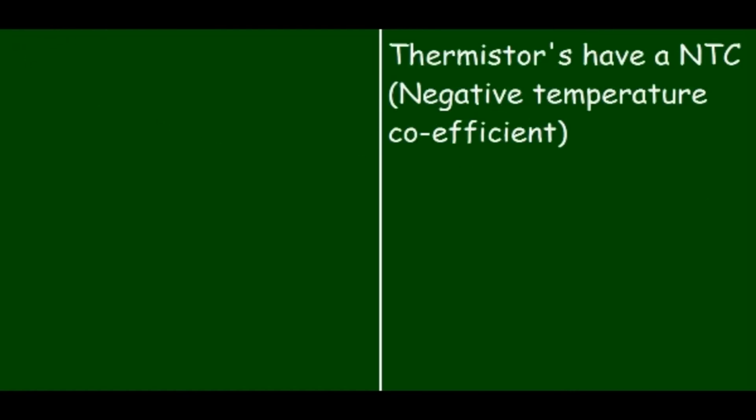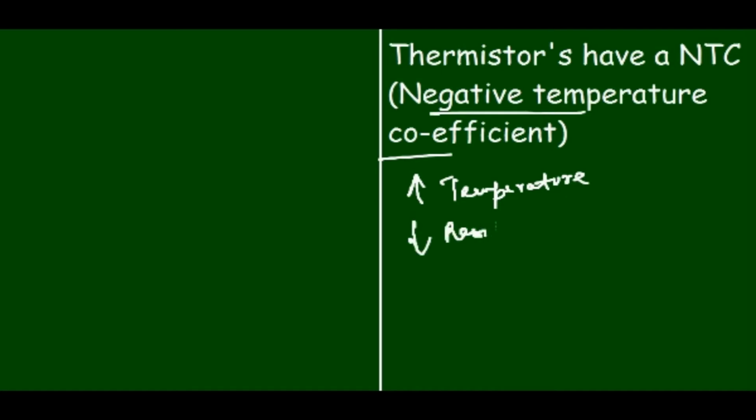Now one thing I forgot to mention, thermistors have an NTC, that is a negative temperature coefficient. A negative temperature coefficient means that with an increase in temperature, the resistance will decrease. So this is the property of a thermistor. Now the second point is,